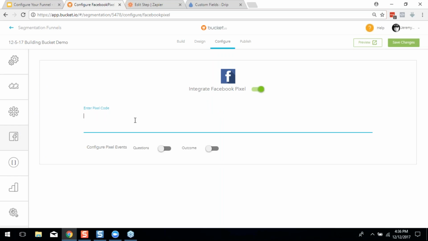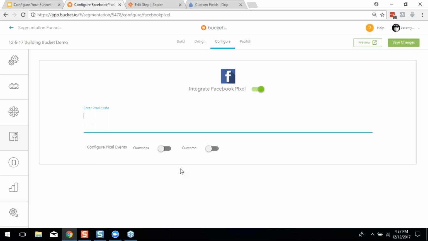Now, I'm not going to go into digging around in my ad account and showing you guys how to navigate Facebook because honestly, people have different ways of getting into it. Like personally for me, I go to Business Manager, I find the account that I want the pixel for, I go to it and I grab the pixel. But here's the thing I do definitely want to point out to you. What you're looking for here is the full embed code for your pixel, not the ID, the full JavaScript code, okay? And you paste that in here, and so what happens once you paste that in is it'll immediately start tracking the audience that comes to your